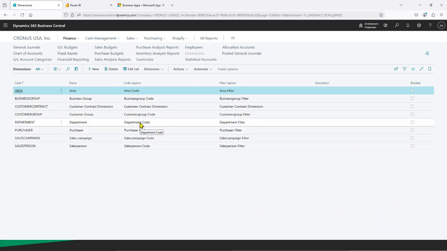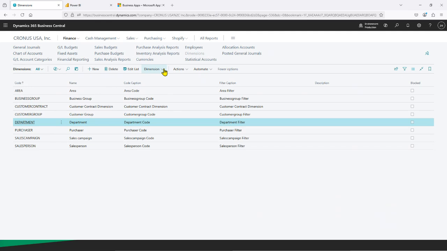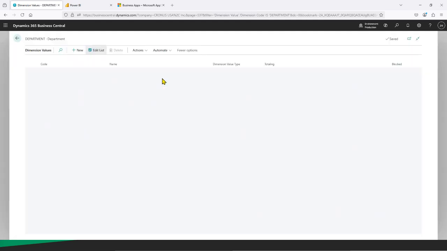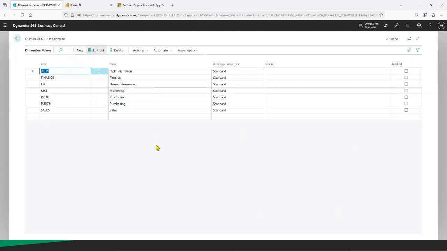Once I've defined a dimension that's going to track the departments, I then have the ability to create a list of values that I'm going to enter during transaction processing, to indicate that this particular transaction belongs to a specific department, or it's going to be split across multiple departments, however the case might be. With dimensions then set up,